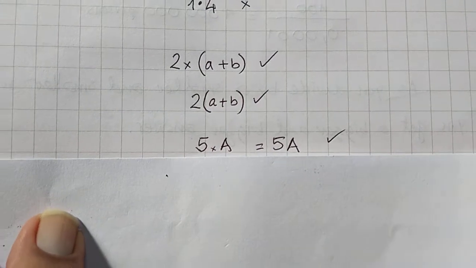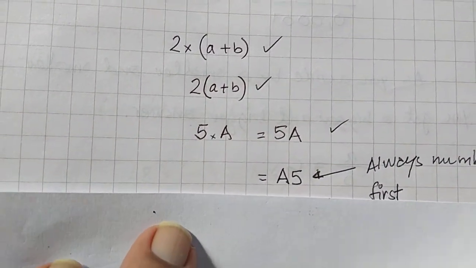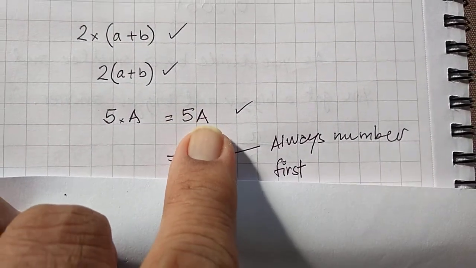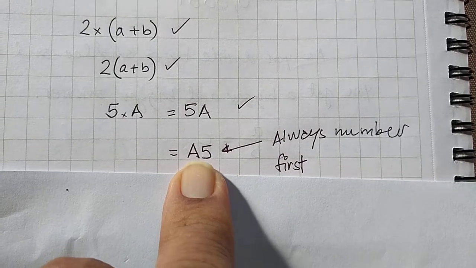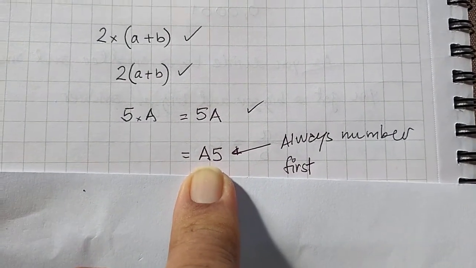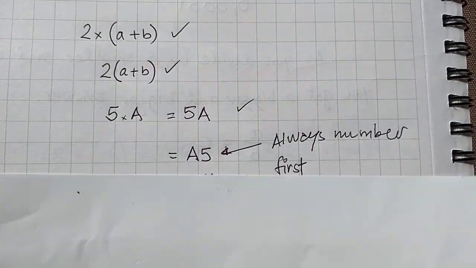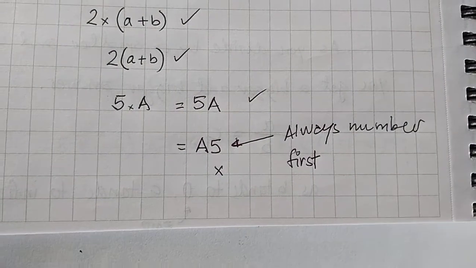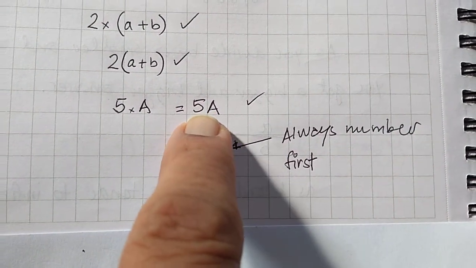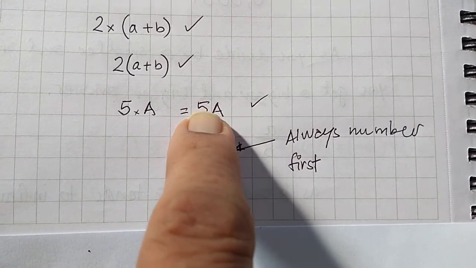These are established conventions and we should follow them. So in such a case, you always have the number first and the letter afterwards. You will not write A5. This does not mean A into 5. If you write this, everybody will get confused. Even the greatest mathematicians on the planet will get confused. Is it the same as 5A? So you don't ever write like this. When you have 2 letters or 3 letters and one number, you always put the number in front.